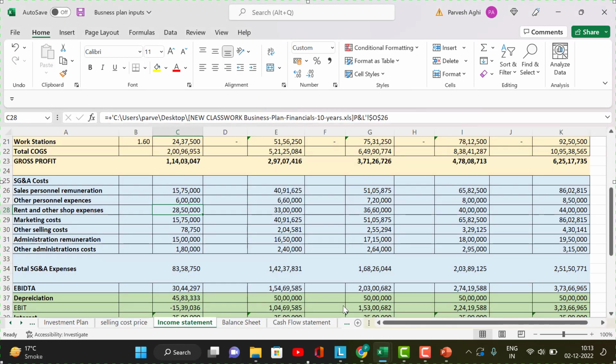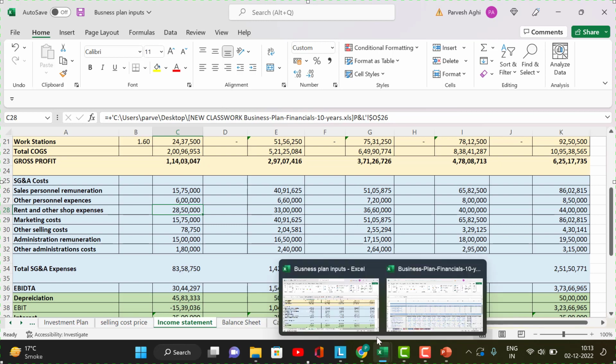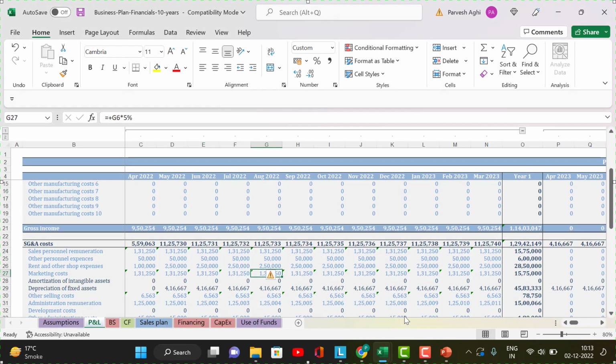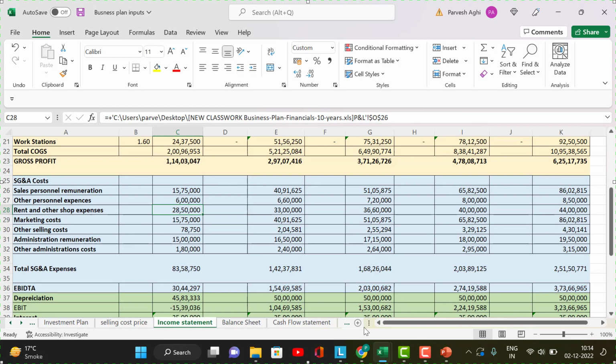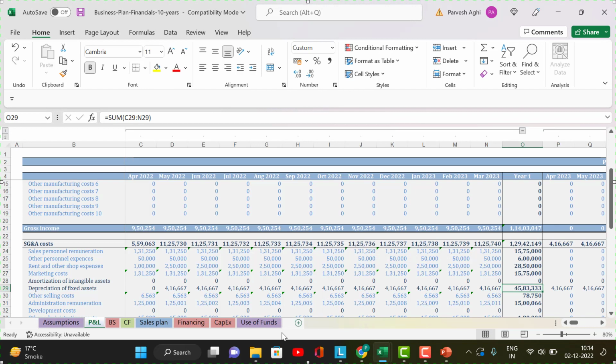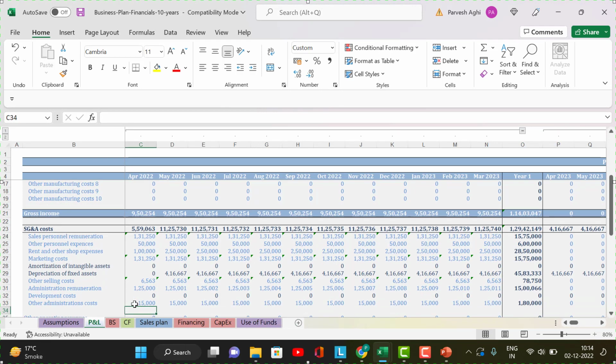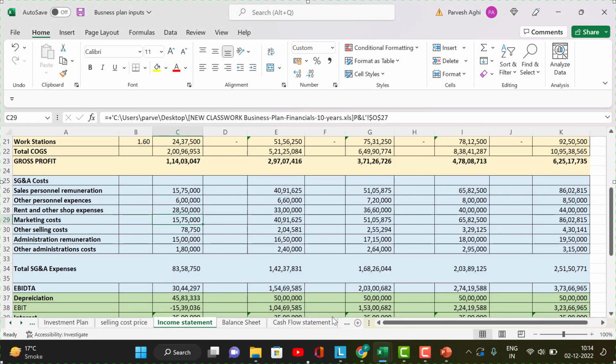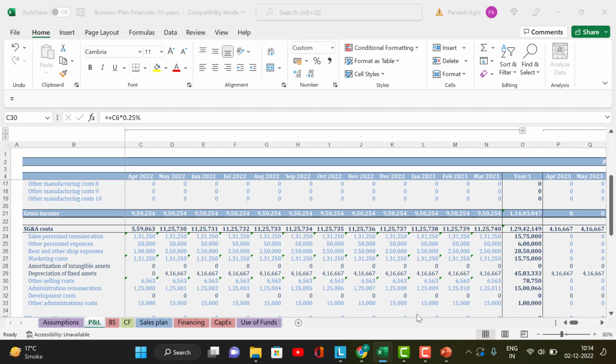अब मार्केटिंग कॉस्ट इज हाउ मच? मार्केटिंग कॉस्ट 15,75,000। हाँ ठीक आ रही है। डेप्रिसिएशन आ रही है 5,83,000। डेप्रिसिएशन कितनी आ रही है? 5,83,000, ठीक है, ओके। और फिर आगे चलते हैं, हम देखते हैं अदर क्या था। अदर सेलिंग कॉस्ट कहाँ है? ये 78,750। ये भी इतना ही आ रही है? सर नहीं, आप इसे चेक कर लो। हाँ 78 आ रही है, ठीक है। एडमिनिस्ट्रेटिव रेम्यूनरेशन 15 लाख है सर। उतनी आ रही है? यस सर।